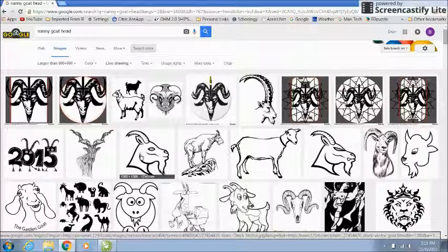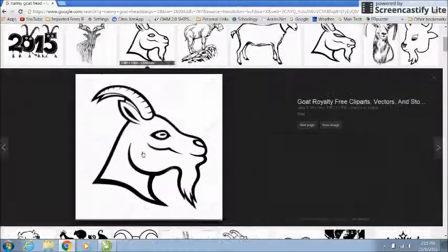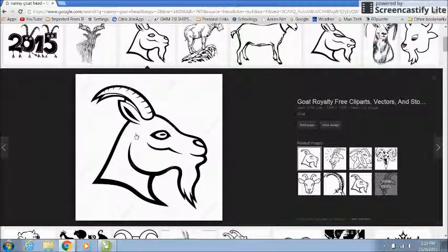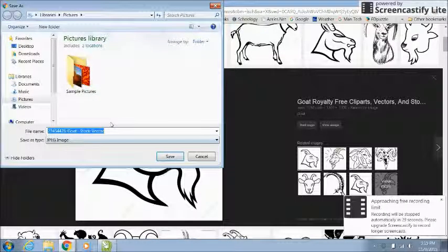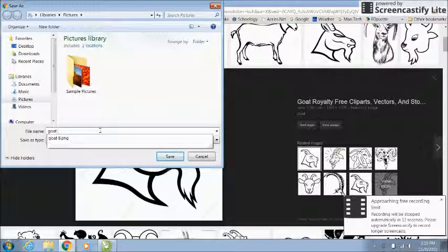So I'm going to click on it. You can copy it from right here if you want, or you can just click on it and it'll take you to the original. And I'm going to right click and I'm going to save the image as. And it's saving it in my pictures library. That's good. That's where I want to save it. You need to watch closely where it's saving it, though. You could accidentally get it put in the wrong place, and that would make it really hard to find. So I'm going to name it Goat 6,